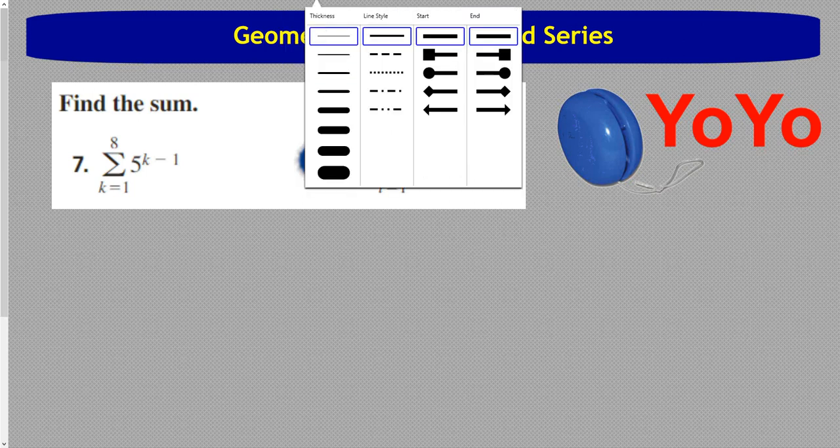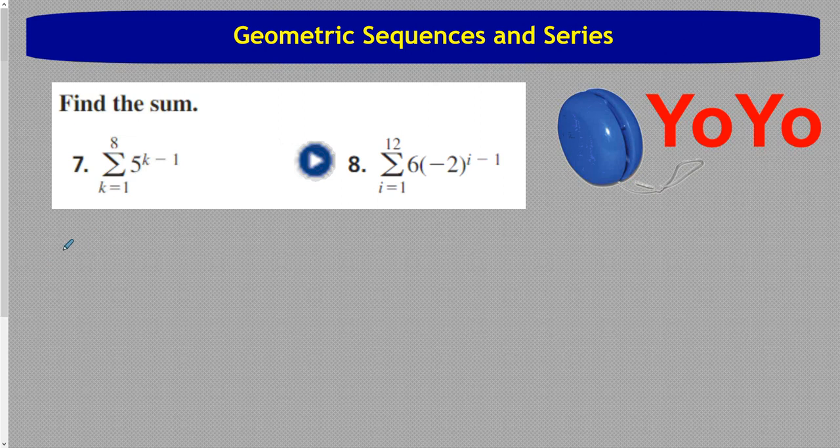Okay. Let's write our rules here. So S sub n is equal to the first term. Now this one's kind of tricky. What is the first term? This is R, that's my rate, my ratio. This number right here is my first term. Since you don't see it, it's a 1. So my first term's a 1 times 1 minus the rate, which is 5 to the n, over 1 minus